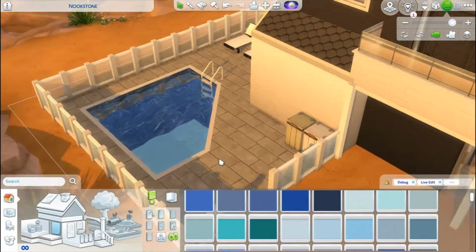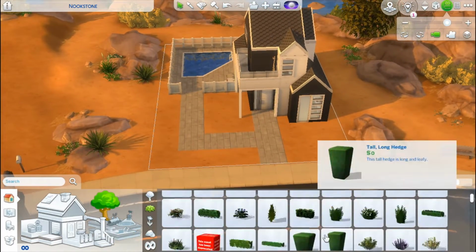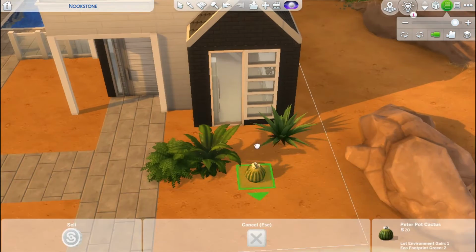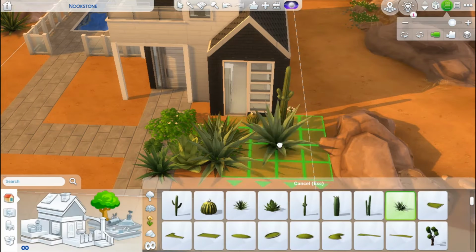And then I wanted the pool to have a deep blue color, so I painted it actually with some blue hardwood floor, which is a little weird, but it gave me the color I wanted. And then I don't show a lot of the landscaping, but yeah, we're pretty much at the end of this